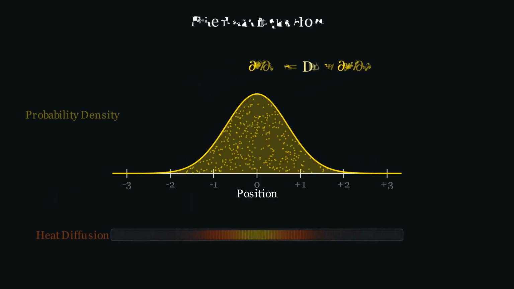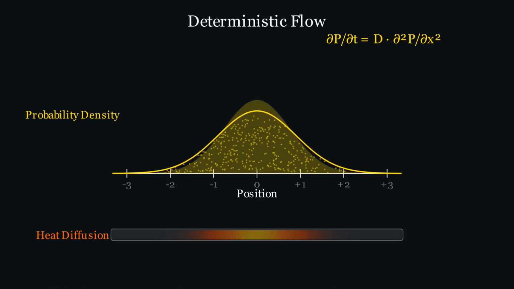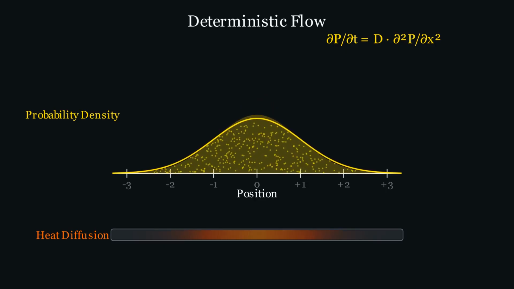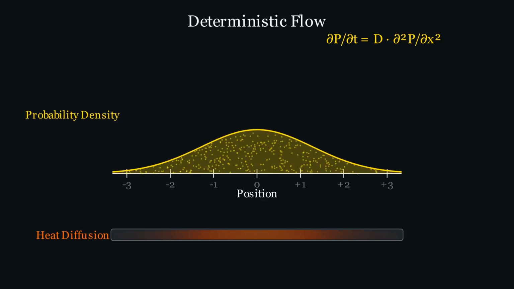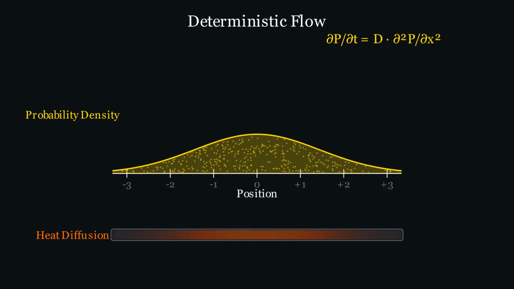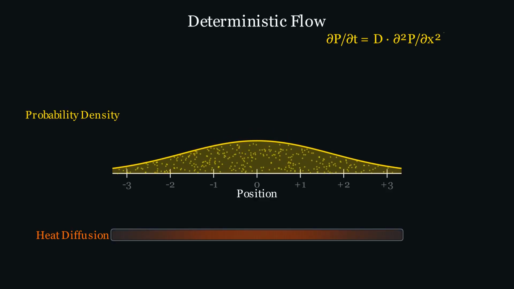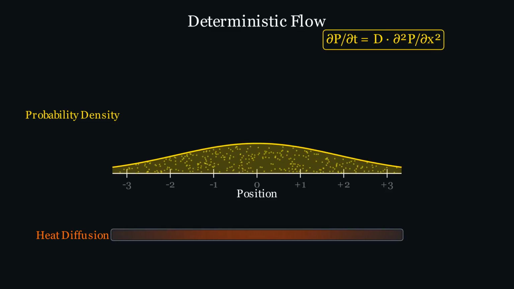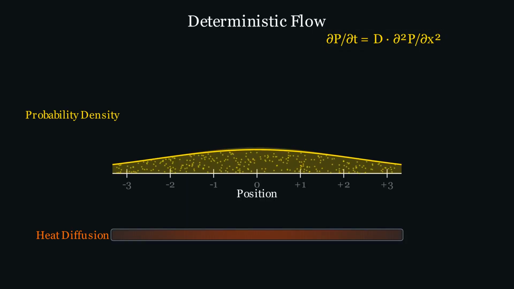And here is the magic of this perspective shift. At the level of a single particle, the future is pure uncertainty, a sequence of unpredictable kicks. But when we track the entire distribution, every trace of randomness vanishes. The evolution of the probability curve is completely deterministic. If you know the density profile right now, the heat equation tells you its exact shape at any future moment. Randomness at the microscopic scale has transmuted into smooth, predictable flow at the macroscopic scale, behaving precisely like heat diffusing along a metal rod.